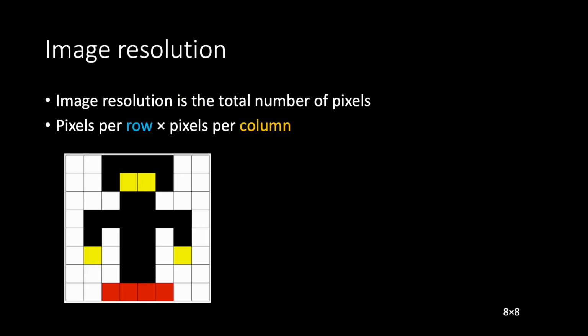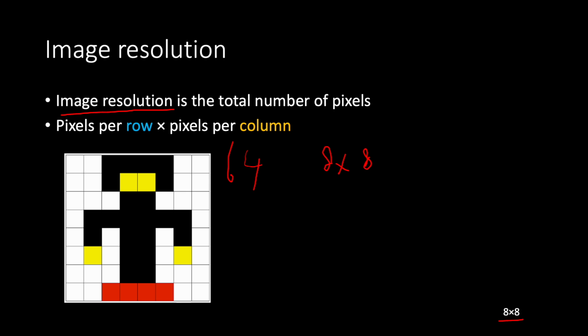Well, clearly there are 8 pixels per line and then 8 pixels per column. So it's 8 times 8, which is 64 pixels in total. However, we usually write the pixel count with the line and column in a multiplication form, which is 8 times 8 instead of 64. And this 8 times 8 also means an image resolution, which is how clear the image